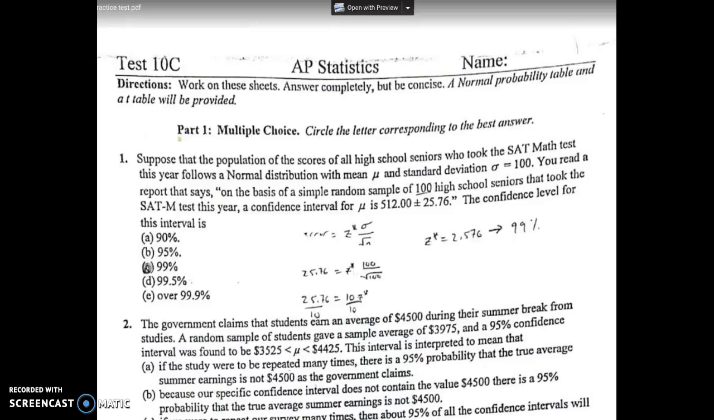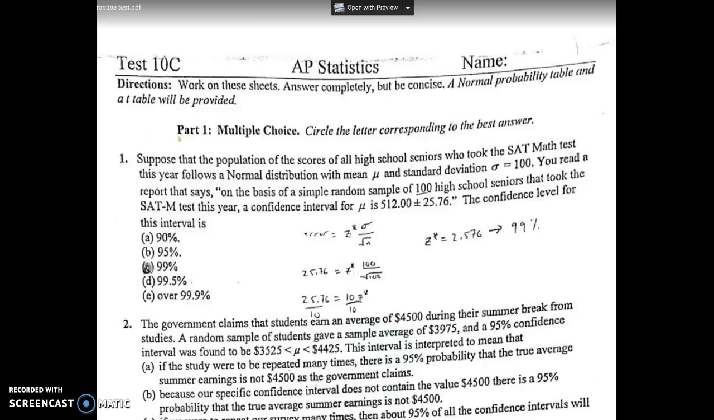Okay, we're looking at the 10C practice test today. Question 1, multiple choice section says, suppose that the population of the scores of all high school seniors who took the SAT math test this year follows a normal distribution with mean mu and standard deviation sigma equals 100. You read a report that says, on the basis of a random sample of 100 high school seniors that took